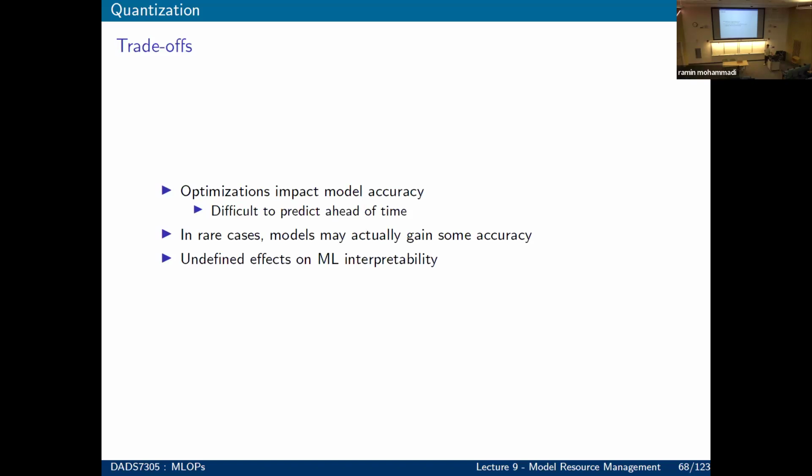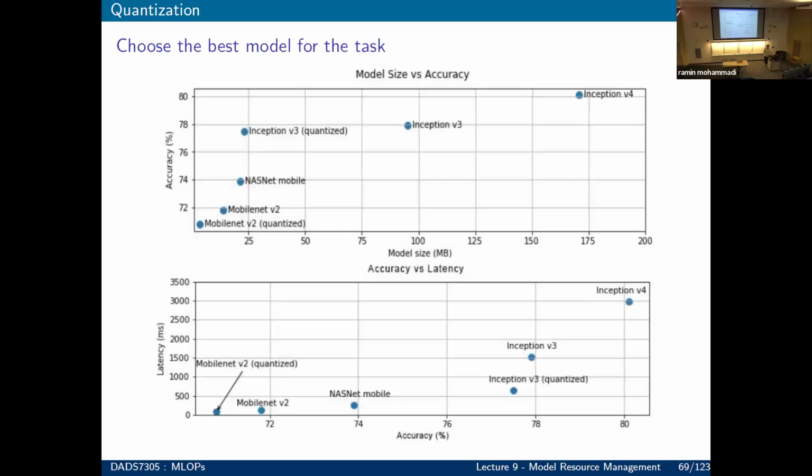So there is always a trade-off when you quantize. You gain performance, you lose accuracy, or whatever metric your model has. And again, in some rare cases, the model has actually gained some accuracy. And this is just an example of that. So